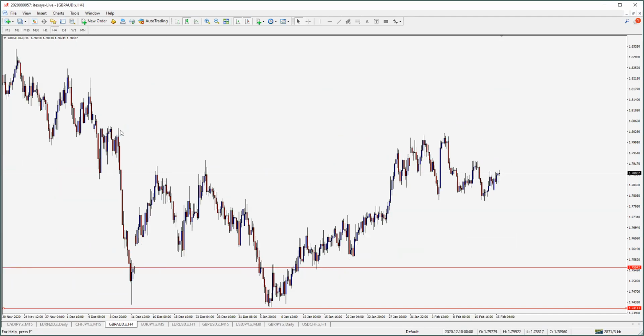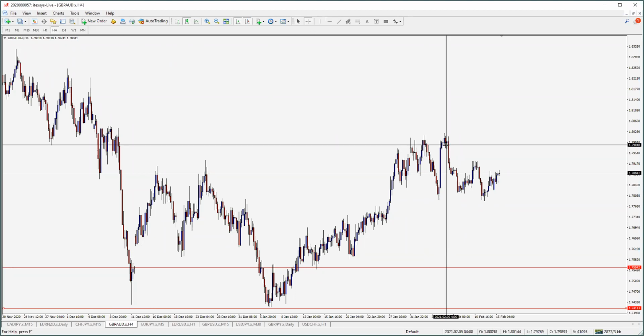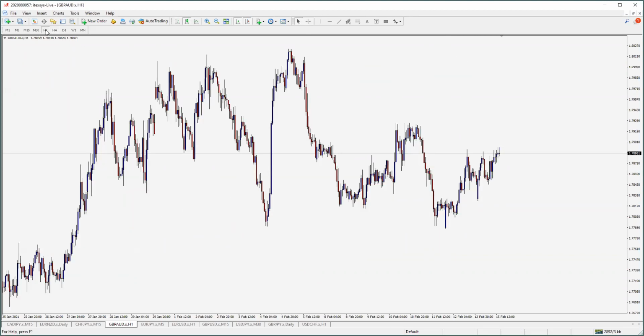For each time frame, you can see this supply still holds here. To be honest, it seems like the price created a new supply here, but since it's at the same level as the previous supply, I'm not sure if it's good enough for a sell on the first touch. And on the 1H time frame,